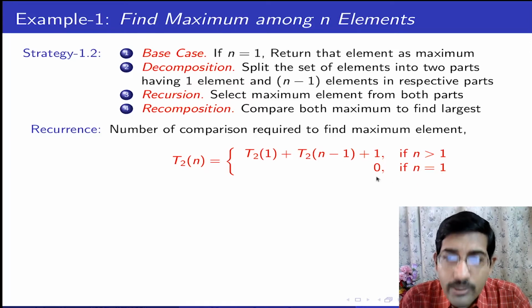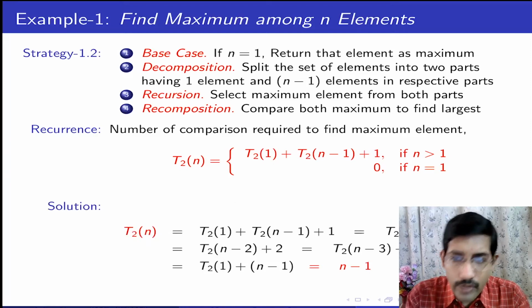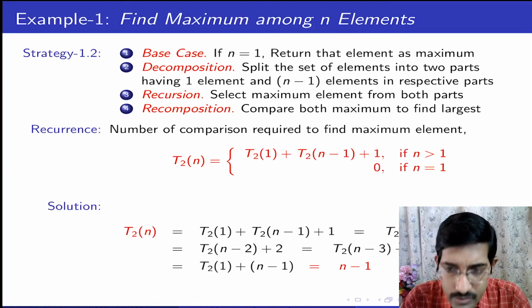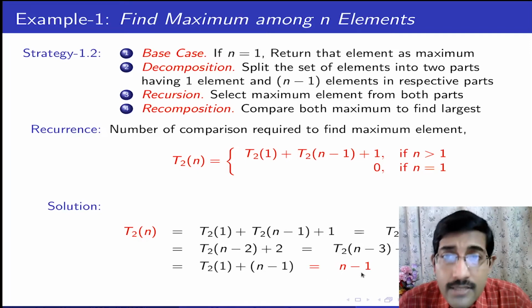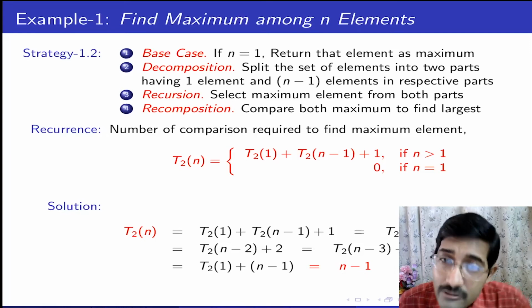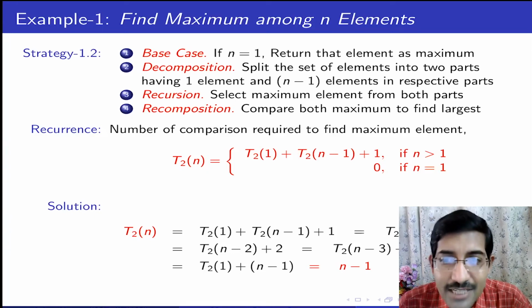And again, for n equal to 1, you can easily see that there is no comparison. So now you can place this as 0, because you know T(1) is 0. So this is basically T(n) equals T(n minus 1) plus 1. Again, you know how to unfold it. So this is T(n minus 1) plus 1, then T(n minus 2) plus 2, T(n minus 3) plus 3, and so on. So it will reach n minus 1. Therefore, it reveals that even if my divide and conquer strategy gets a little modified, this attempt and the previous attempt do not change the number of comparisons to find the maximum.